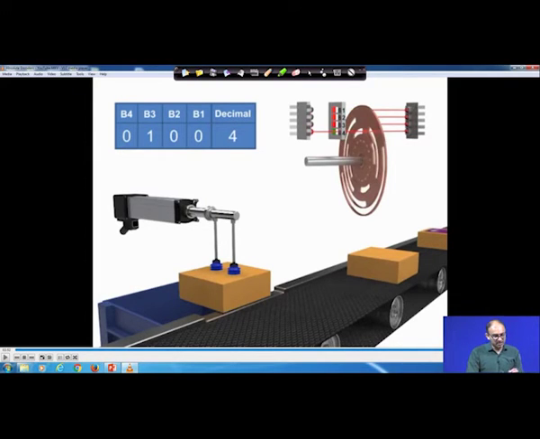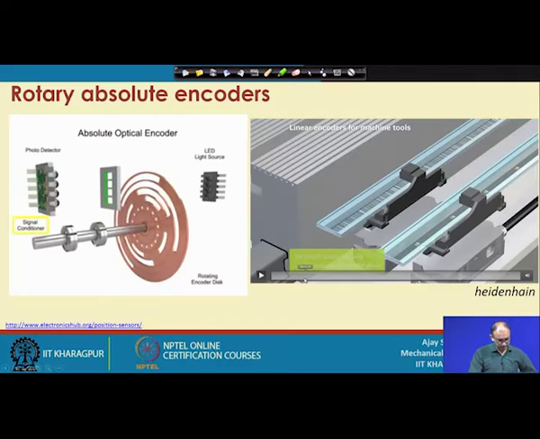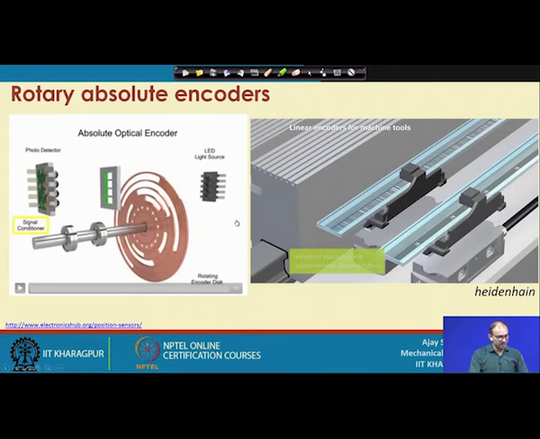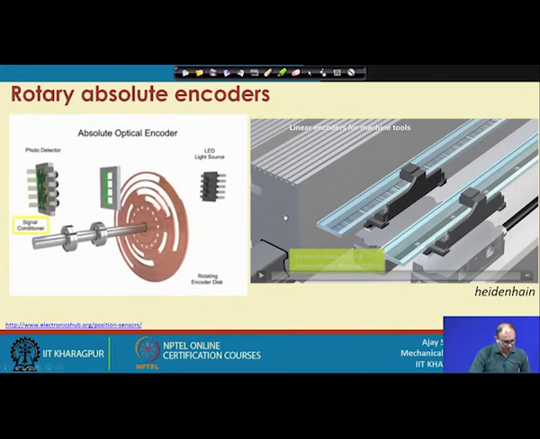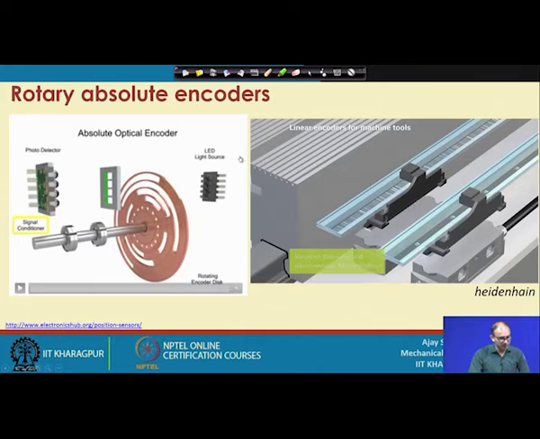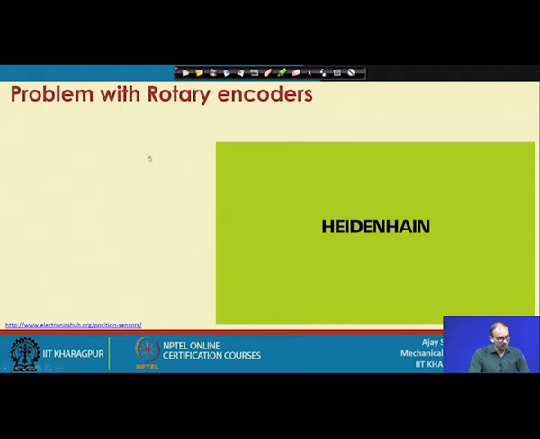So, many sensors are used for any automation or automatic system or the automatic transfer of the parts. So, let us go back to the slides. Right. So, this is what we have seen about the rotary encoder, the absolute encoder and the incremental encoder. So, now what is the problem with the rotary encoder that we have seen earlier?